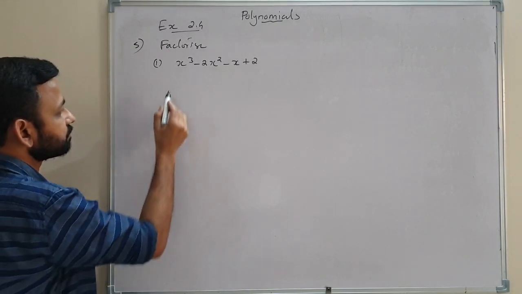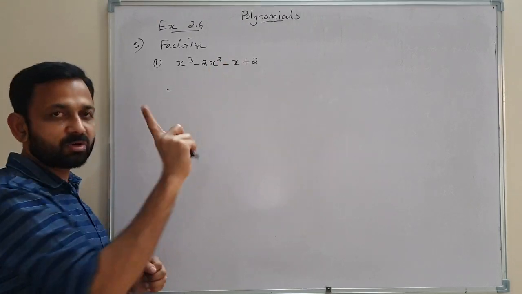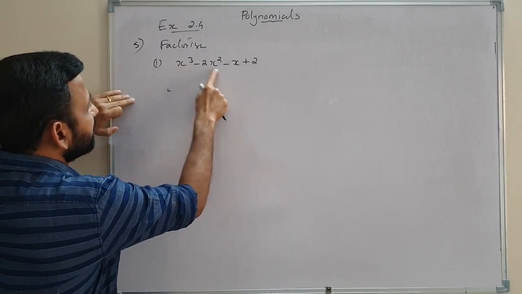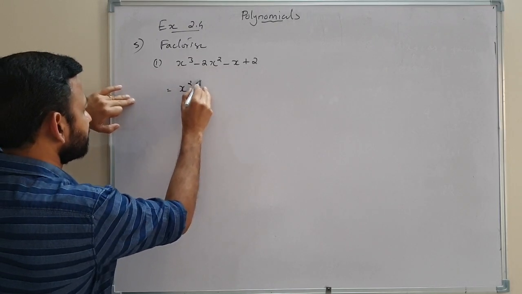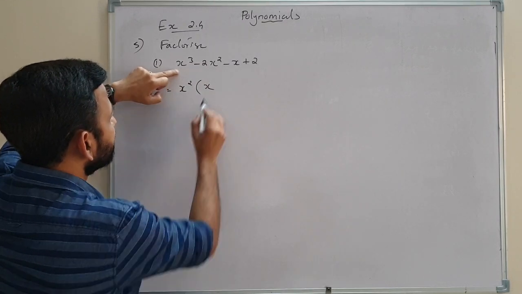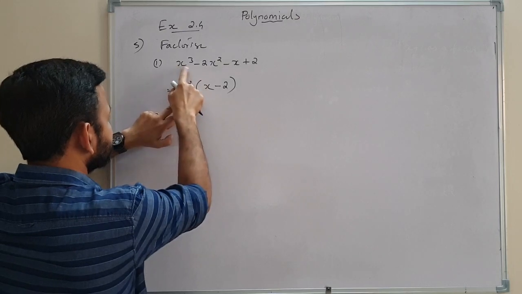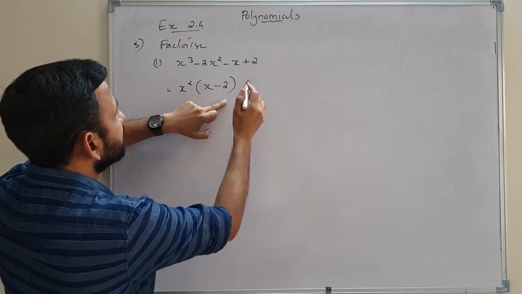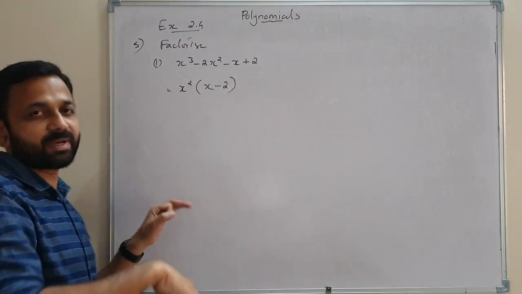So that method is easy for this particular question. Here it is possible, but if it were a minus 2, then it would not be possible. In this question, this easy method is possible. So we will take x square outside from the first two terms. x square outside from x cube, x remains; minus x square outside, verify: x square into x is x cube, x square into minus 2 is minus 2x square. Then this is minus x plus 2, and we want to get x minus 2 inside the bracket.